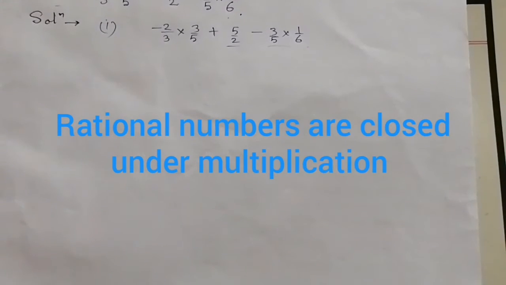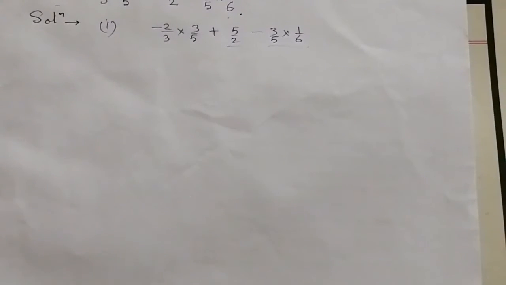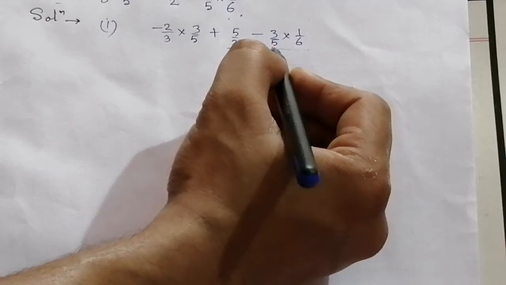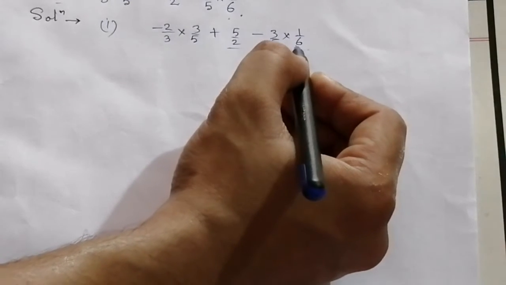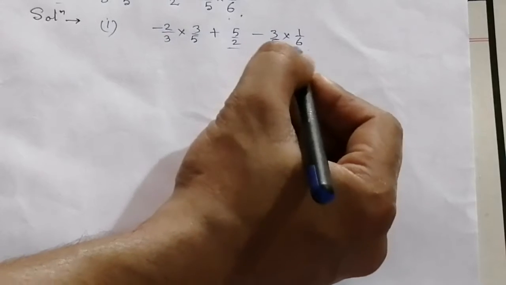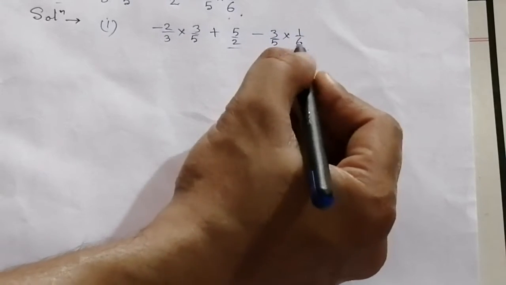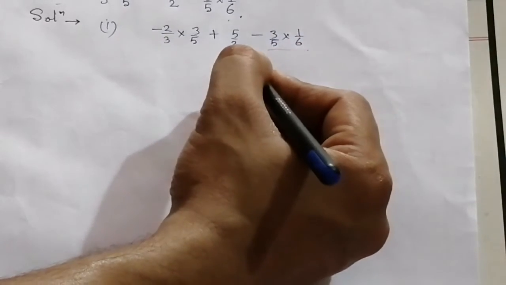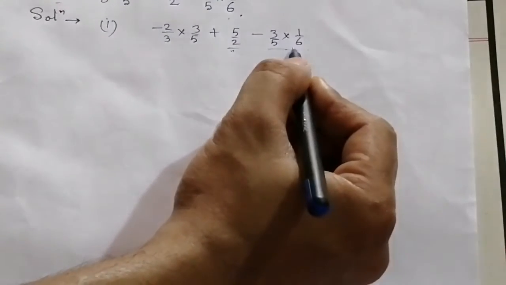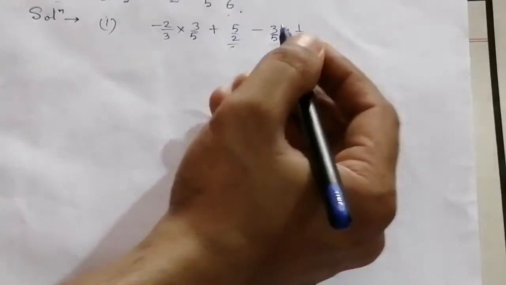We arrive at this using closure property. Means in closure property, when 2 rational numbers are multiplied, the result is always a rational number. So this whole expression here, this term can be considered as a rational number. And here we have also a rational number, so we can commute these two. Okay, so it is equal to